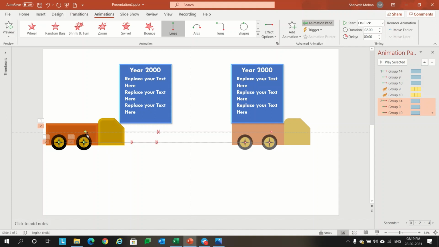For example, the green button is a starting point. We have to bring it to this end point. Hold the shift button and drag it to this area. Similarly, take this green button and drop it here. Similarly, hold the shift button and drag this to put it here.